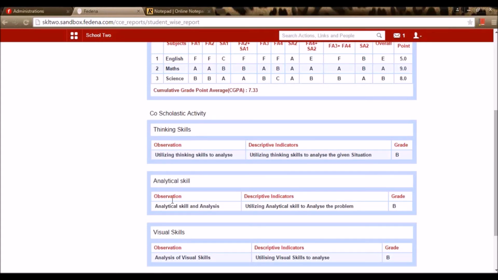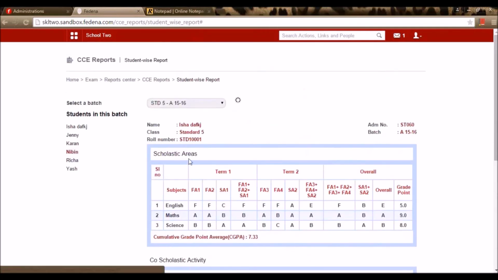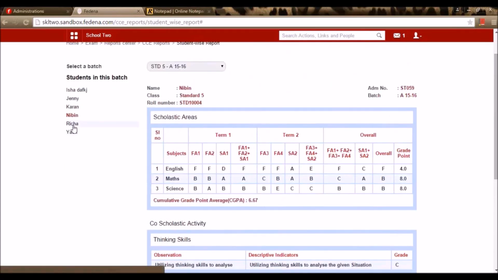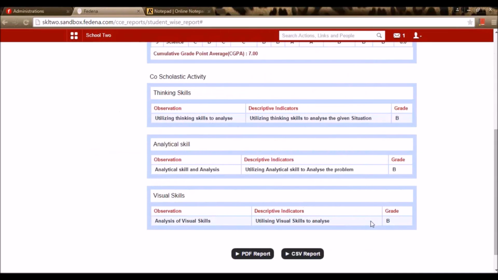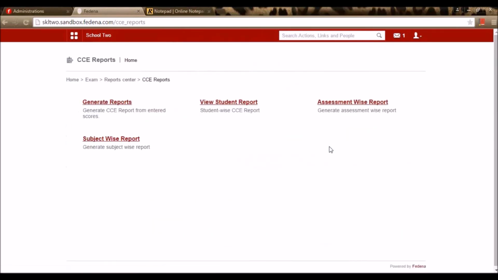And these are the observations that I have provided. I wanted to view it in my report, so it is getting displayed here. And these are the grades that the student has scored. Here you can select another student and view his marks as well. You can go for a PDF report or a CSV report.